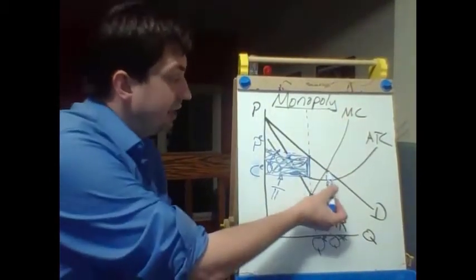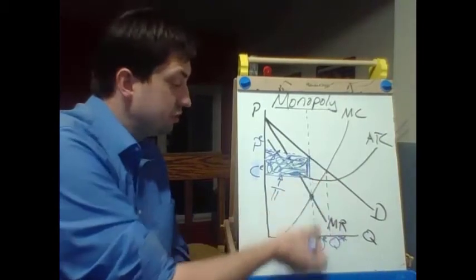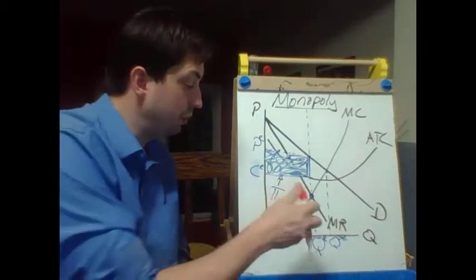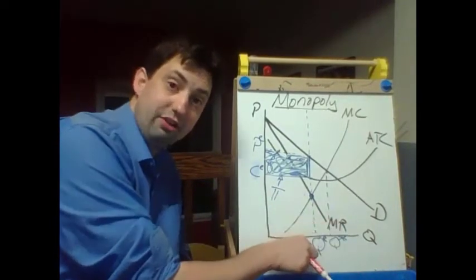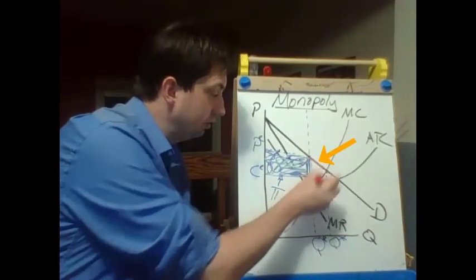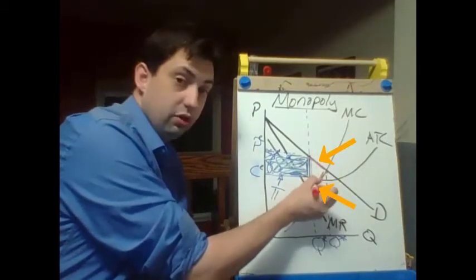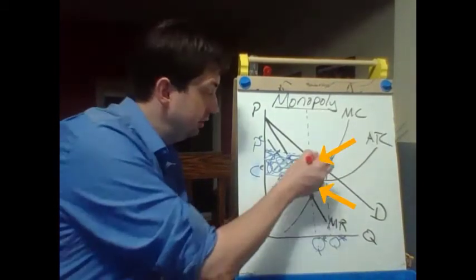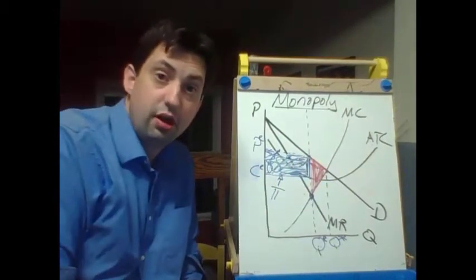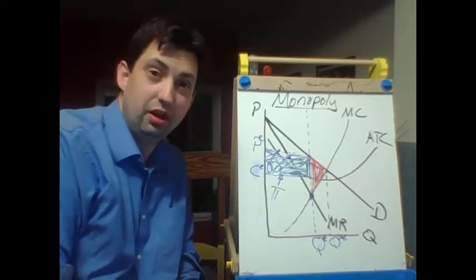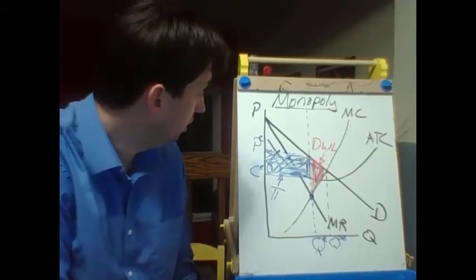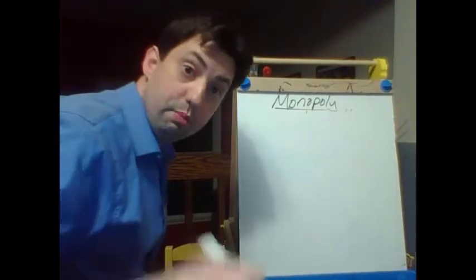Q star is all the way out here. Equilibrium Q is all the way out here. We thus have a difference between what we would like to see and what we actually see. There is a benefit that is greater than the cost that we do not get to enjoy. And that benefit greater than the cost, that area, that triangle, is deadweight loss. That's the diagram. That's it. We are done. But before we move on,